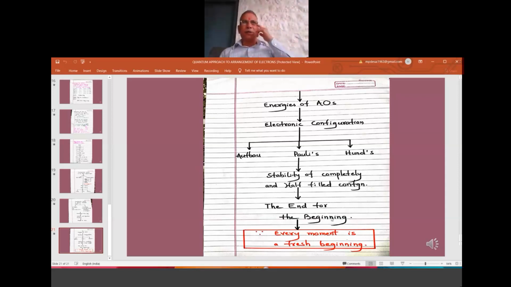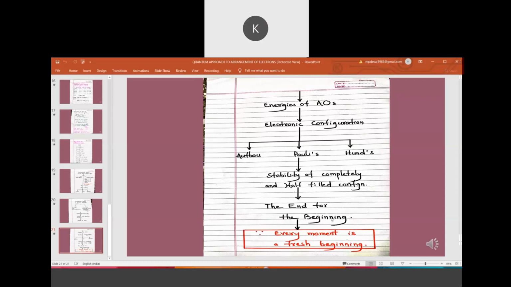See, when we are doing some good work, don't wait for anybody. You just do it. For a good cause, for good work to happen, we don't wait. It will happen. In the same way, electrons also take their own decision that 3d10 and 3d5 are the best. Let's go for the best.